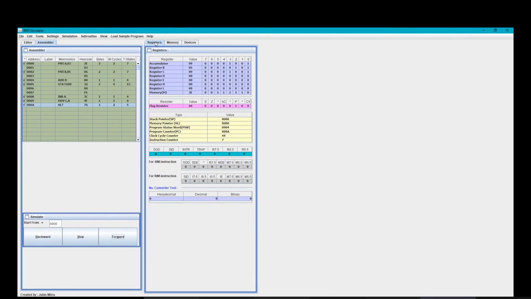Any questions, students, with our first program? Anybody? Very important. So what if any value was there in register C? A good way to program is to clear that off and then add it. But whenever we come across this move operation, the source won't be changed, but the destination will be refreshed with the new value.